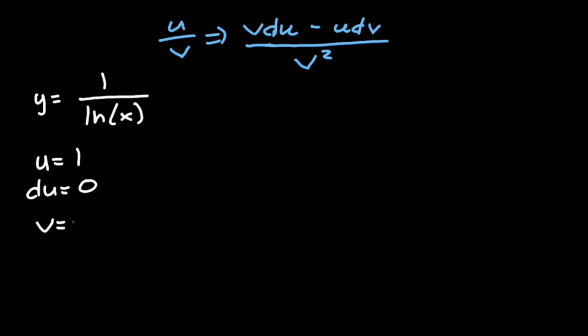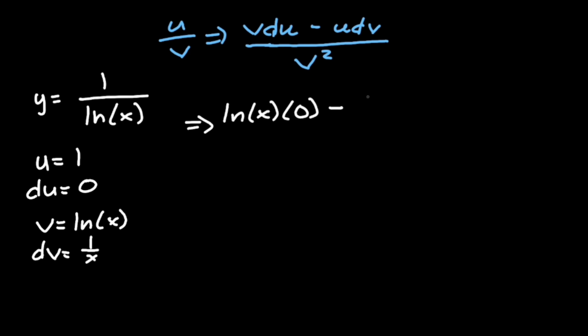Now, v here will be ln of x, and the derivative of ln of x will be 1 over x. Plug this into the formula, you will get ln of x multiplied by the derivative of u, which will be 0, minus u, which will be 1 multiplied by the derivative of v, which will be 1 over x,